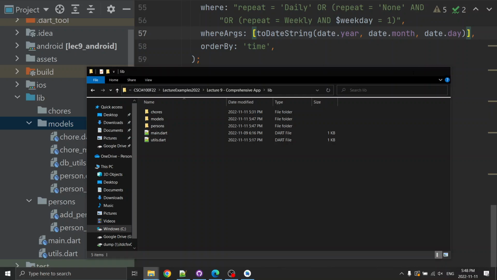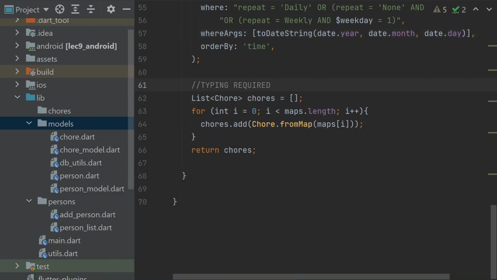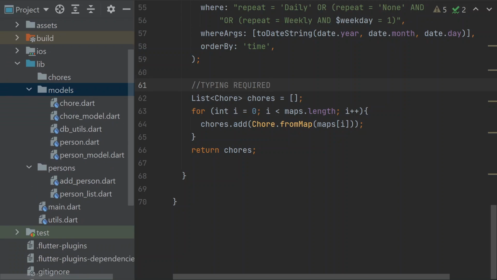So, there's a chunky bit of code that we wrote, but we're now at the point where our model is set up. We can put chores in the database. We can pull them out as we need to. We can show off things in the correct format if we really want to. Now we have to actually figure out how we can add a chore. Right now we don't have that. So let's add a chore. And to do so, I think the first thing we have to start with is